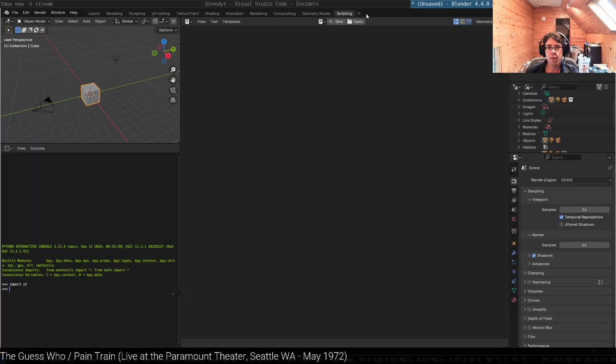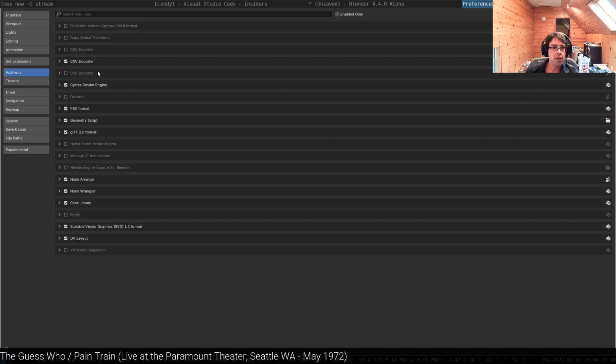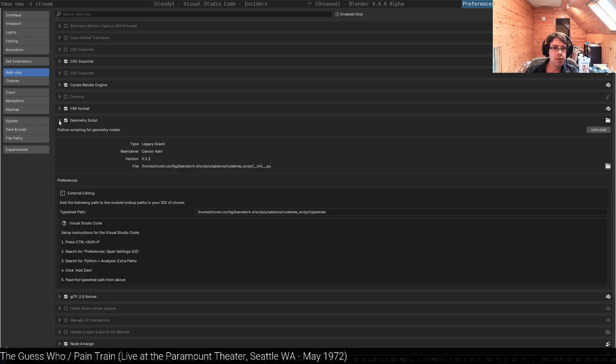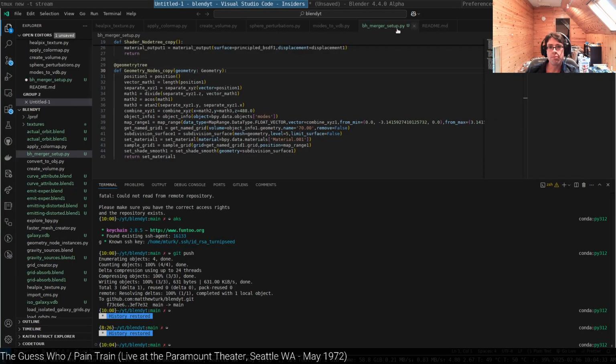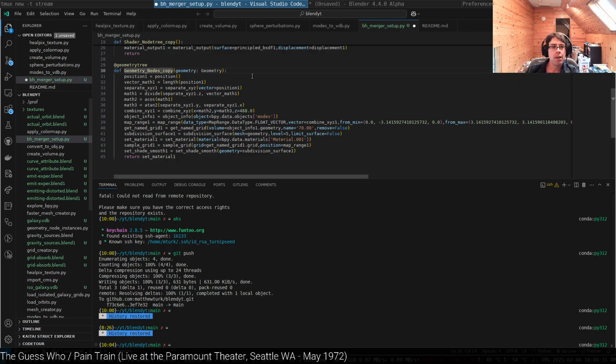The other thing about this is that we can use any of the extensions that are already loaded in. So my CSV importer is in there, that's nice. Geometry script is also in there. Node tree script, okay. What that means for us, oops, I don't want a new text file. I want a new file,